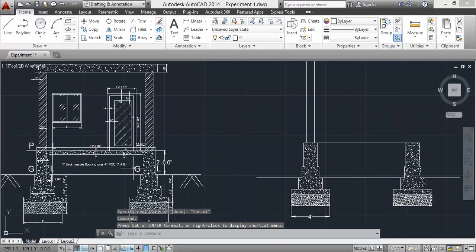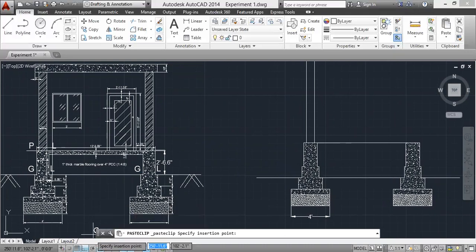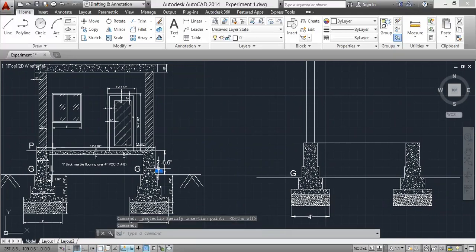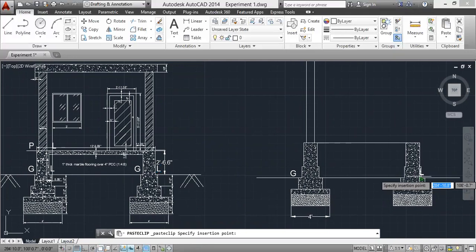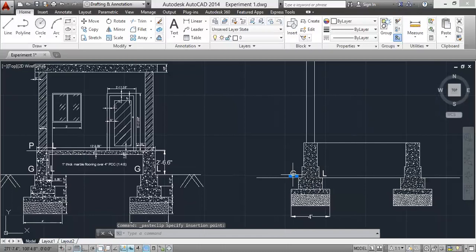So mention it as GL, ground level, GL, mention here too. Okay, mention.